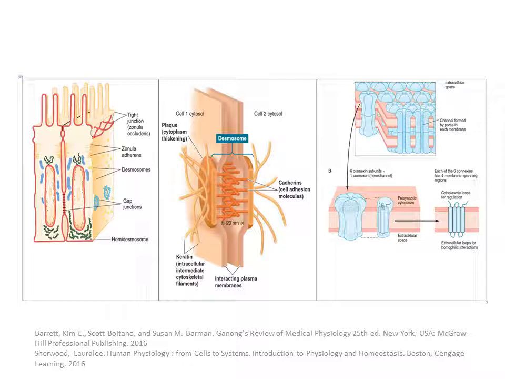In the third diagram, you can see the gap junctions. Gap junctions are formed when connexins interact. You can see six connexin subunits form one connexon, which is a hemichannel, and two connexons together constitute a gap junction. They form a full channel, and through this gap certain ions can pass. Wherever these gap junctions are present, those cells can act as a syncytium. These gap junctions are usually found in the cardiac myocytes.